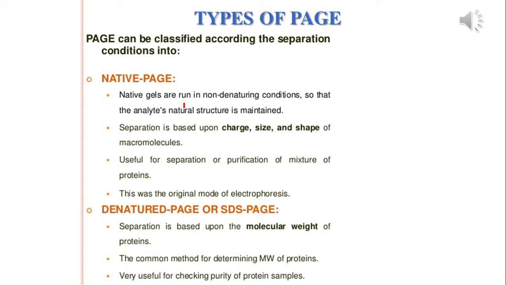Since the proteins are not denatured, after being separated on the gel, they can be cut and removed and can be used for further analysis. So a native PAGE is the PAGE in which proteins are separated without being denatured. And this was the earliest form of electrophoresis. Later came the problem of separating proteins with different charges on the same molecule, and also when we had to separate the molecules based on their mass alone, we came up with the SDS PAGE.